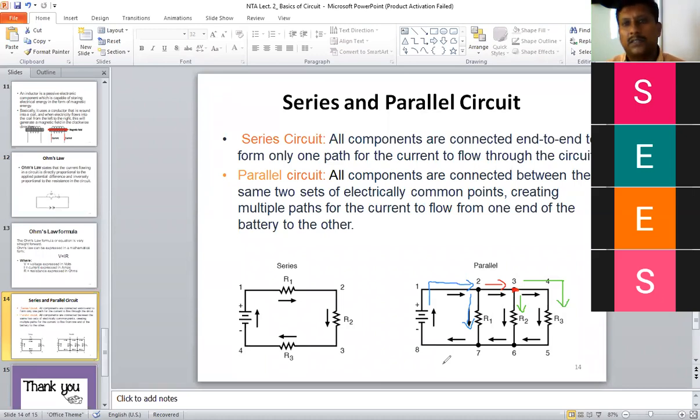So don't miss these basic lectures. Everyone has to be present in each and every lecture. This is the last point we have covered now. If you have any questions about today's lecture, you can ask.